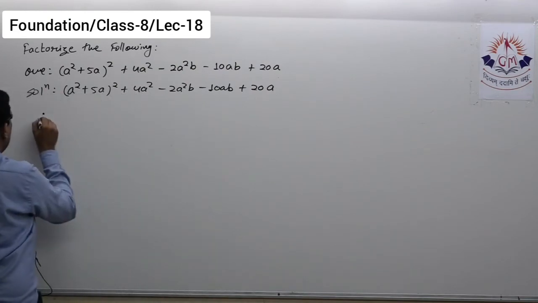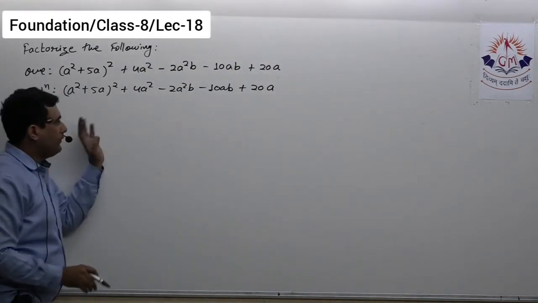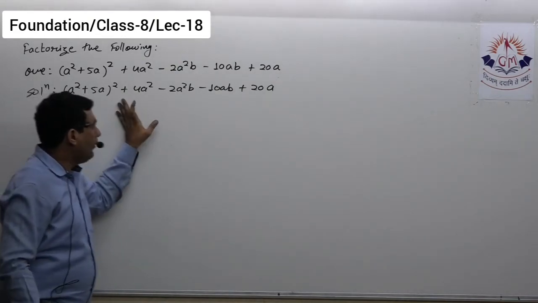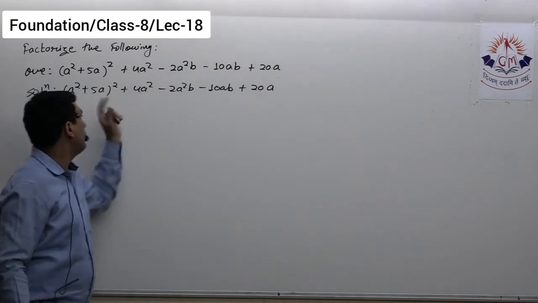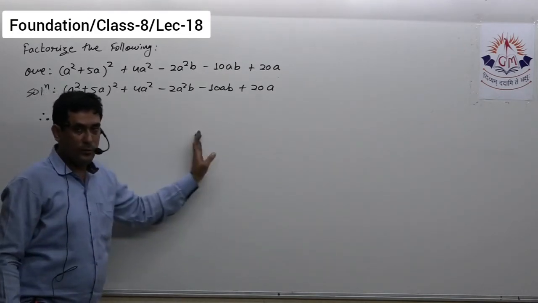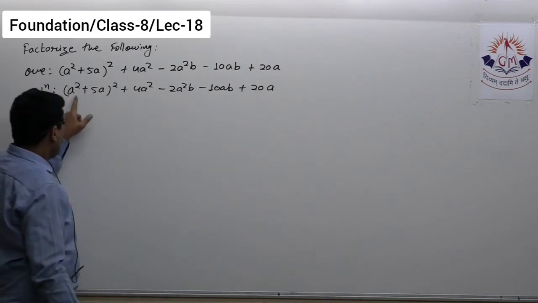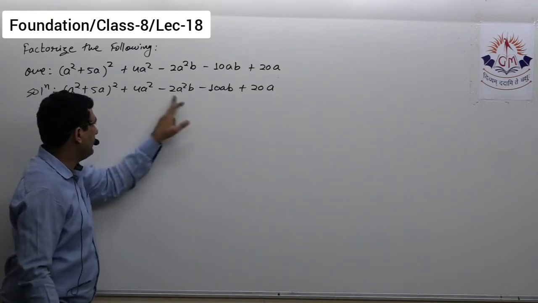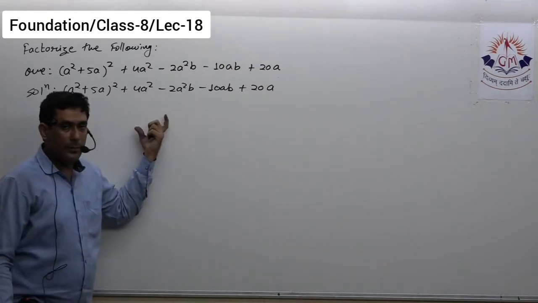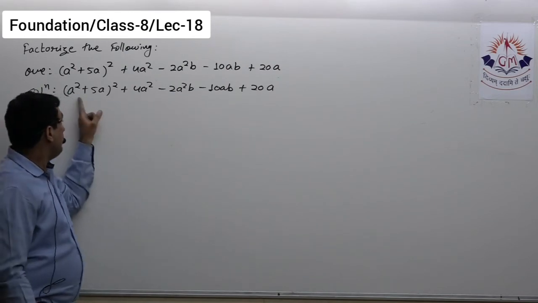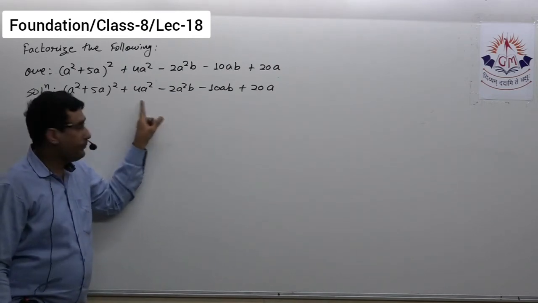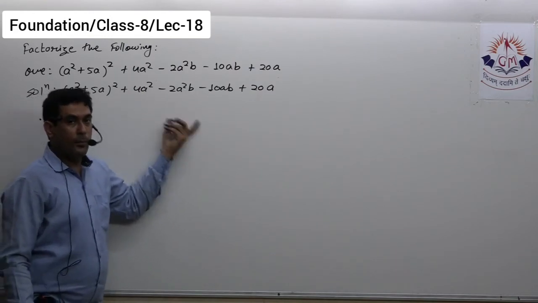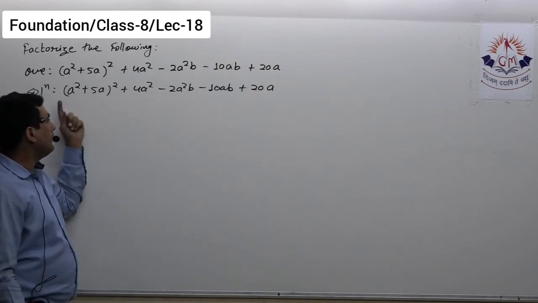So let us see how. Here we have a square plus 5a. So again I'm thinking that if it is possible to get this common from the other terms, which is equal to a square plus 5a, then definitely it is possible to factorize further. Now here we have a square plus 5a, but after taking common in the bracket I won't get both terms positive because there is a negative sign, isn't it? If I take whatever is common in the bracket, I will get something minus something. That is definitely not going to be similar to this.